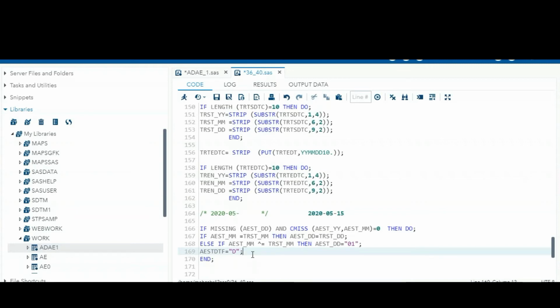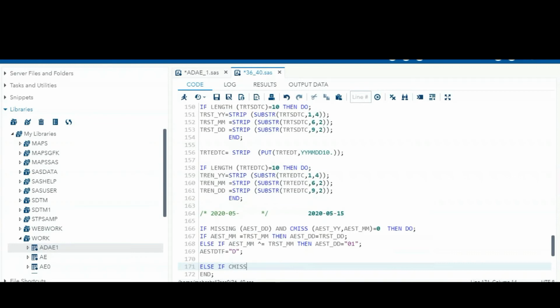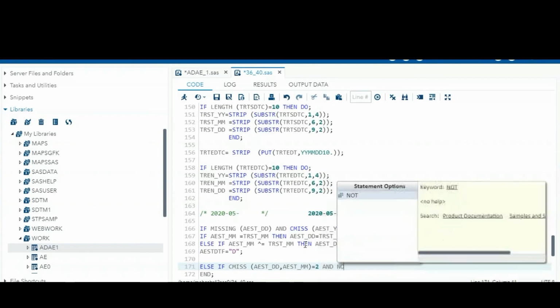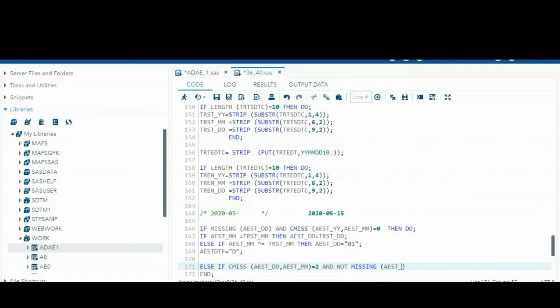Okay, and next, else if we miss this day and month, equal to missing, so AEST day, AEST month equal to missing and not missing AEST year part.